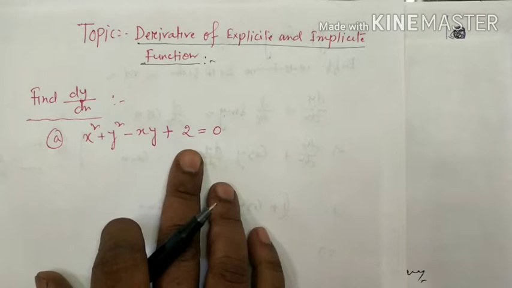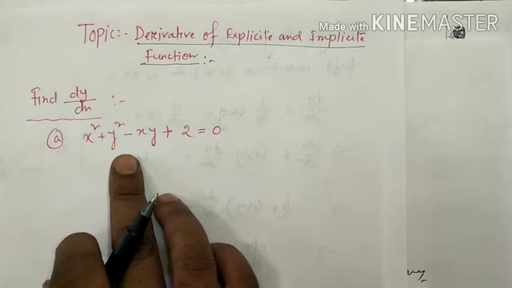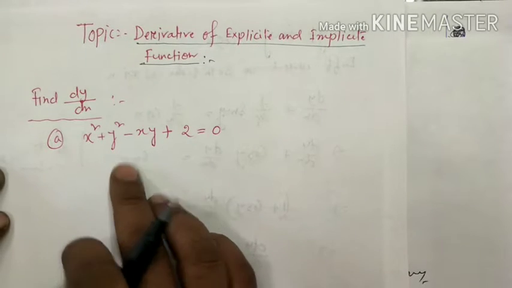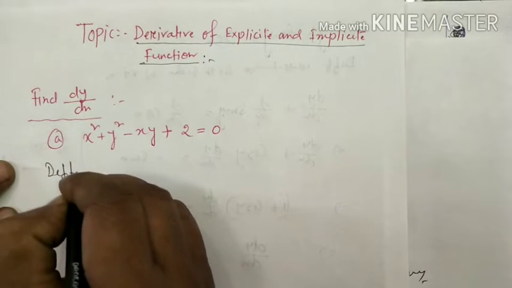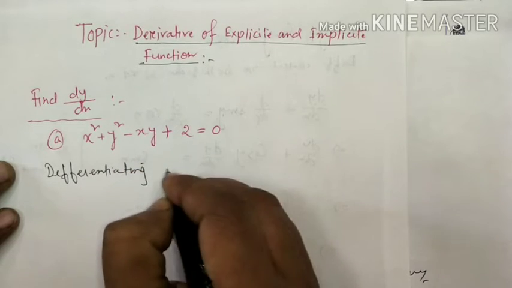What is 2? 2 is a constant, and here you see you cannot find y directly expressed in terms of x, and hence it is not an explicit function, it is an implicit function. You have to find the derivative of the implicit function. When you are going to solve, you start like that, differentiating both sides